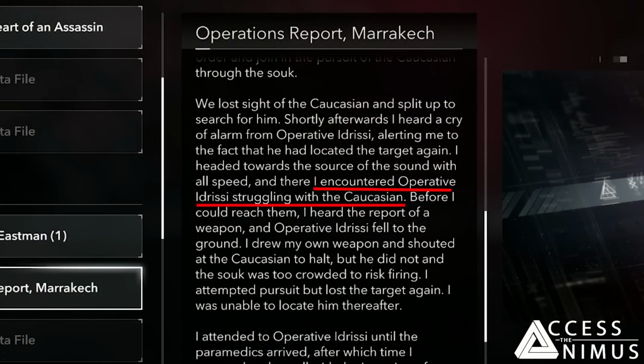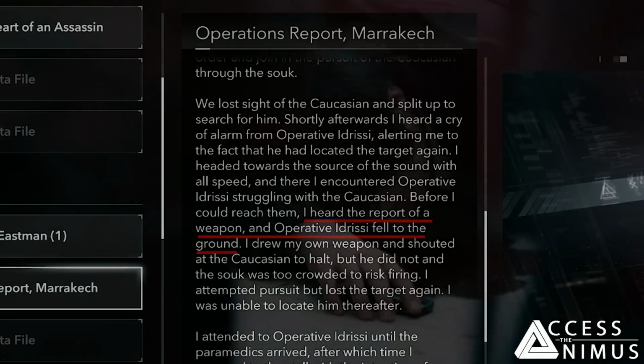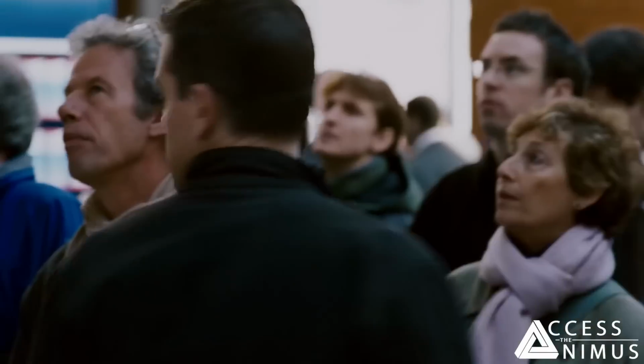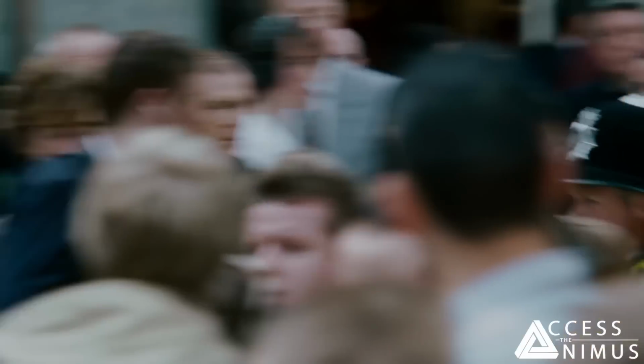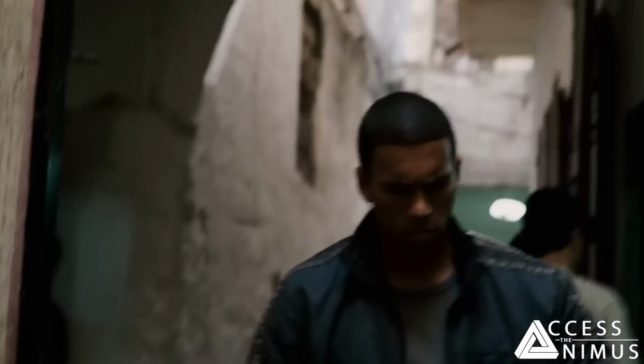and a fight of sorts ensued, with one gunshot being fired, supposedly by Joel, and Idrissi falling to the ground. When Belkacem got there, he pointed his own gun at Joel, but he was dashing away in the souk and it was too dangerous to shoot. So Belkacem tried to chase Joel again, but to no avail, so he got back to Idrissi until the